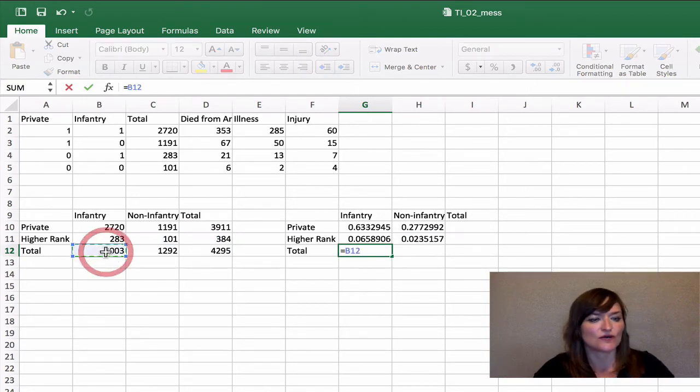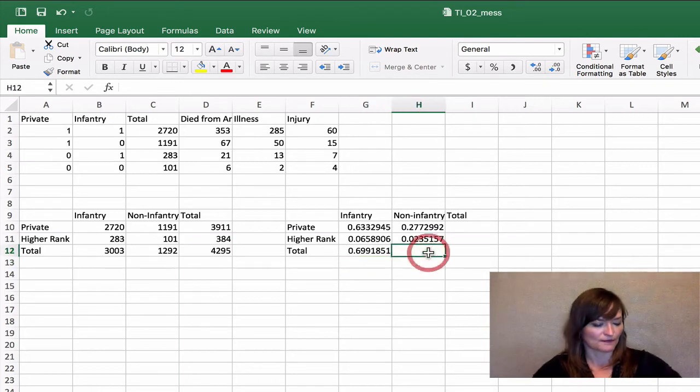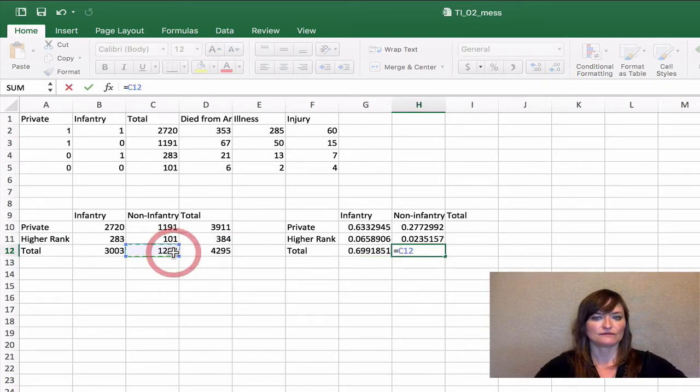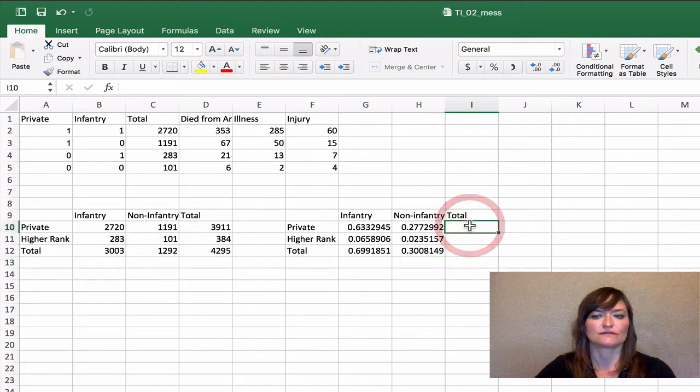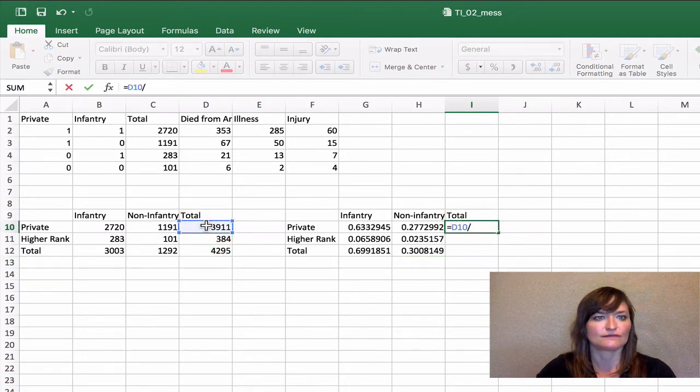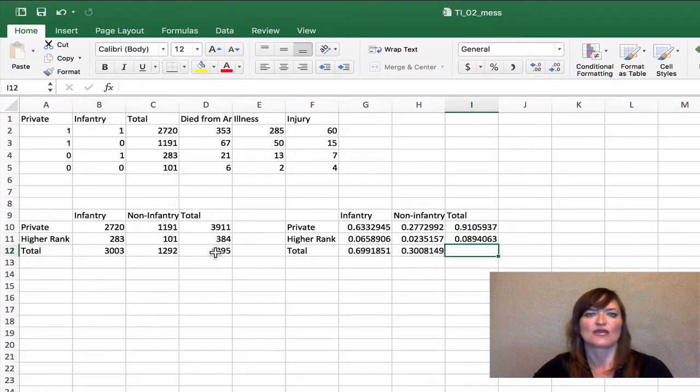Let's do it for the totals as well. So you wanted a proportion or percent.